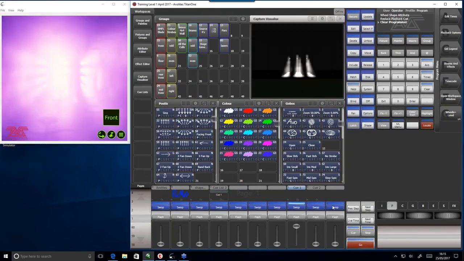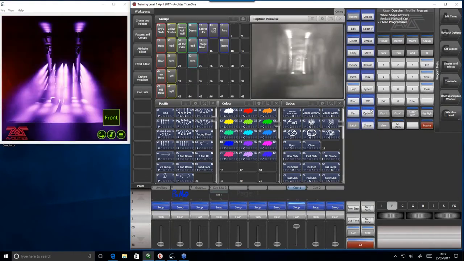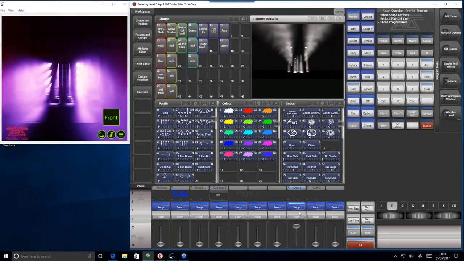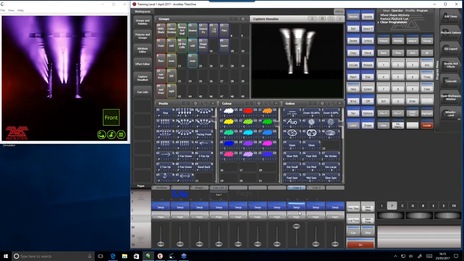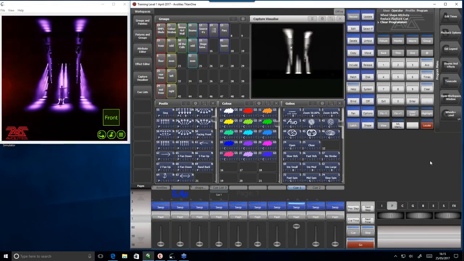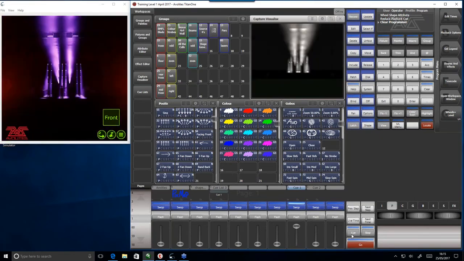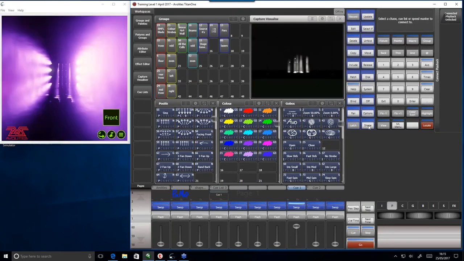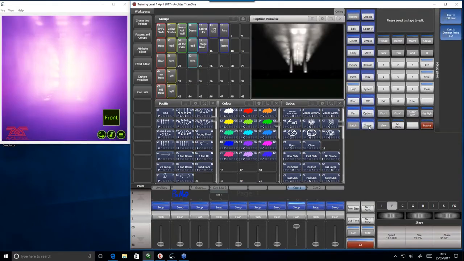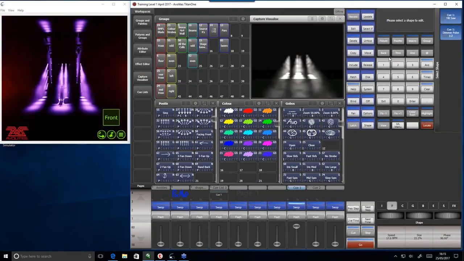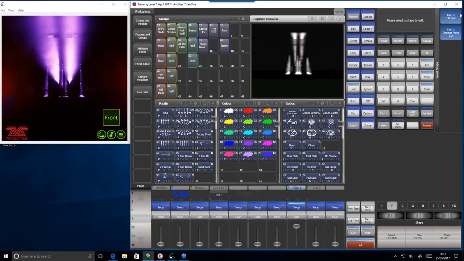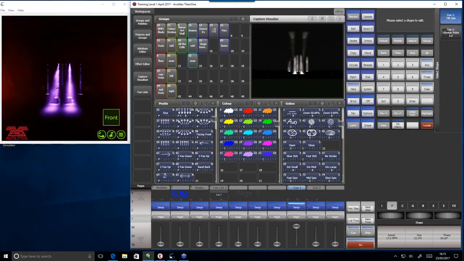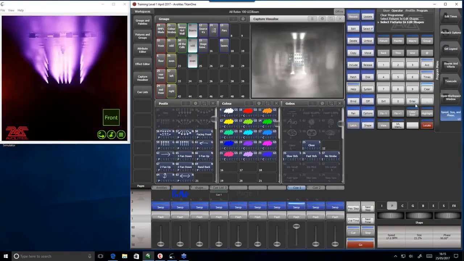So we've had a look at editing shapes. Best way to do it is include it back into the programmer. If you want to edit it live whilst you're doing a show, this feature is on version 10 onwards. All you need to do is press this button here. It's called Q or Connect Q. If you tap it, press the shape button on your attributes and decide what it is that you want to change. So if you want to change the tilt saw, for example, have that one in blue selected, press enter,